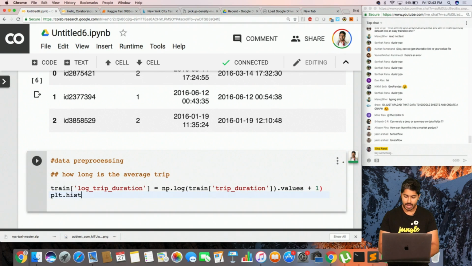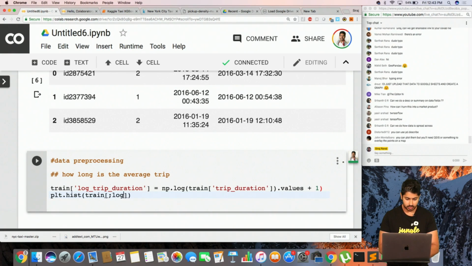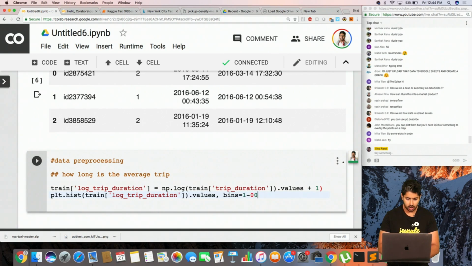And now we're going to create this plot. First of all, I want a histogram of the log trip duration. And I want to see what those values are.